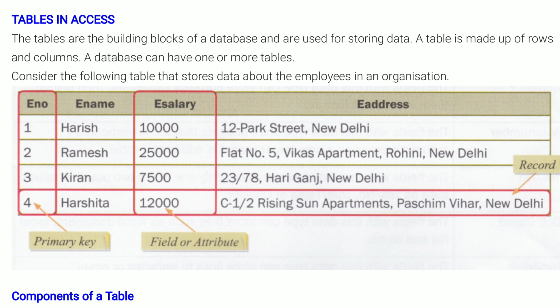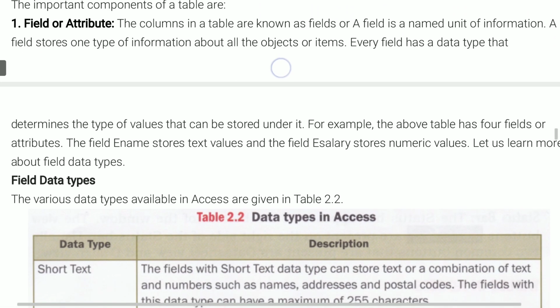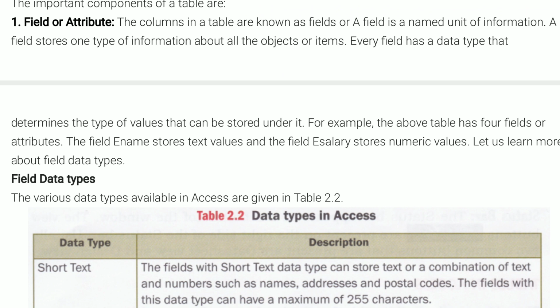Now let's understand the next point, that is components of a table. As you can see in this table on the screen, these are the components like field, record, primary key. All these are the components of a table. I will discuss all these components one by one in detail. First of all, let's talk about the first component, that is field. As I just told you recently,